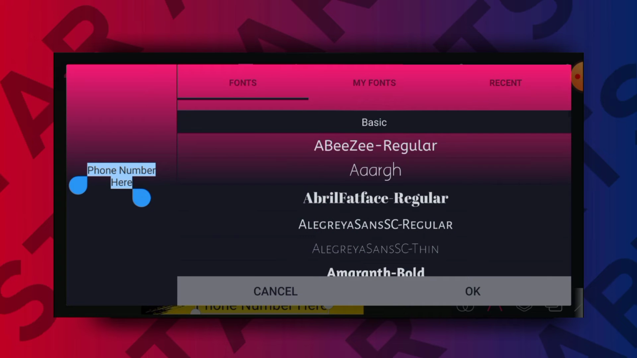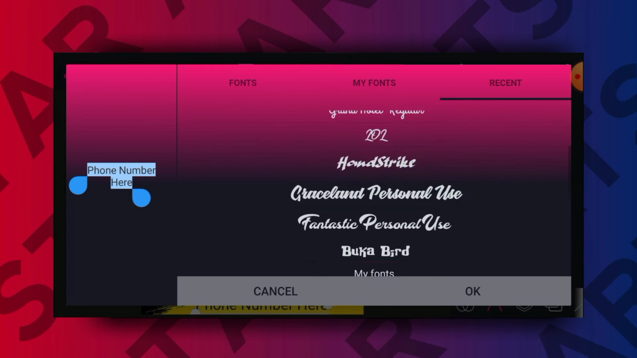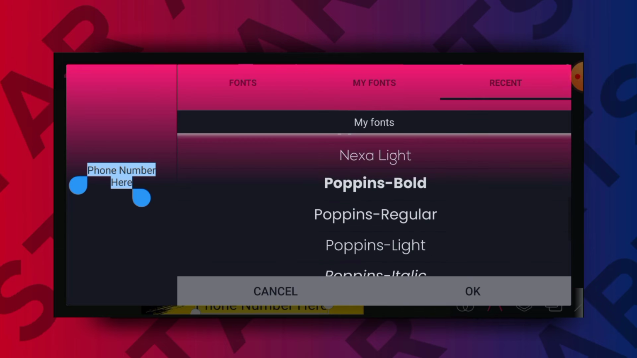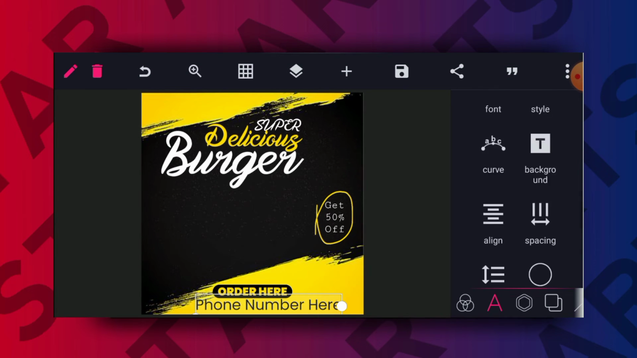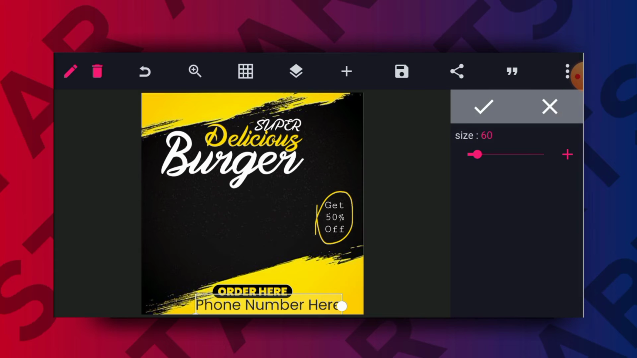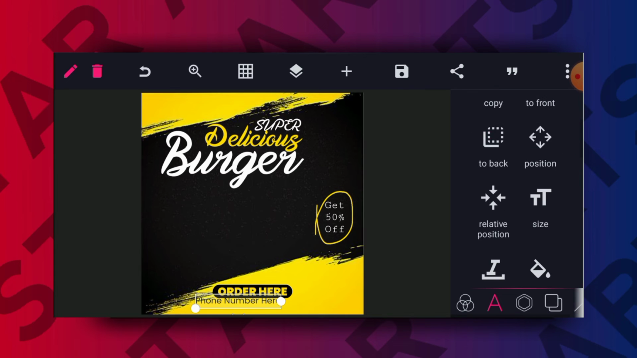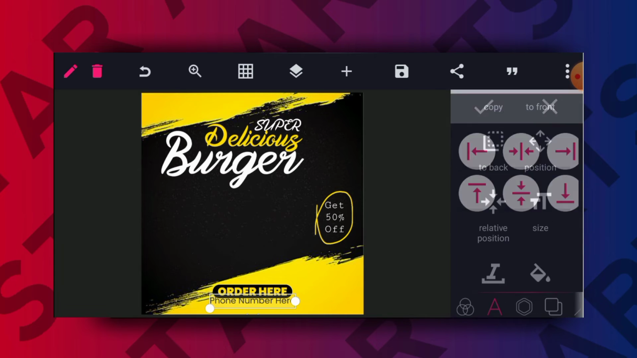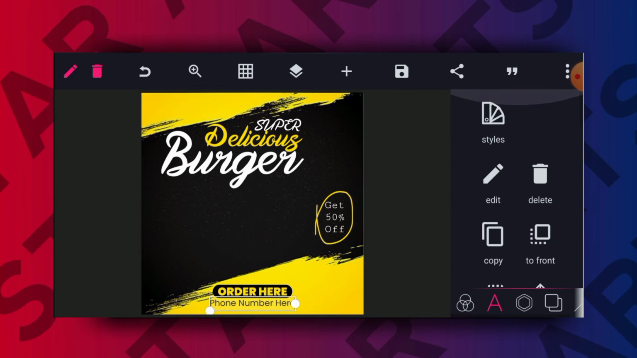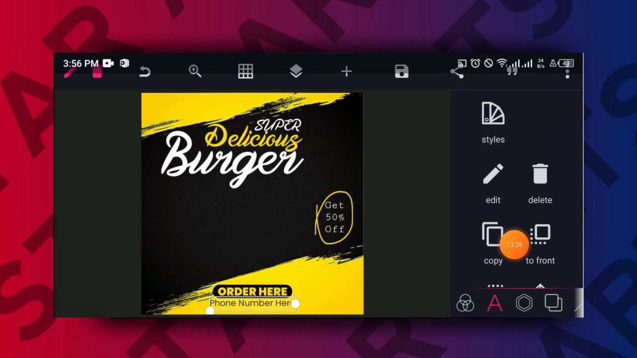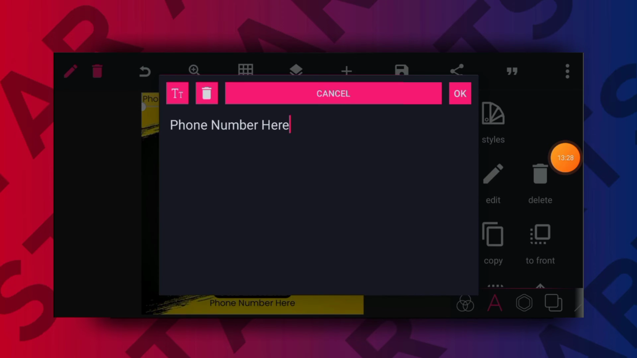And you can also change the font. This is okay for me, right? And then you reduce the size. 35 is cool. Okay, and then you duplicate it. So click on copy, edit,